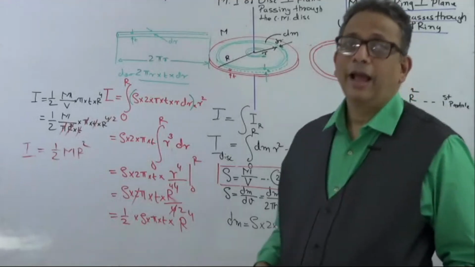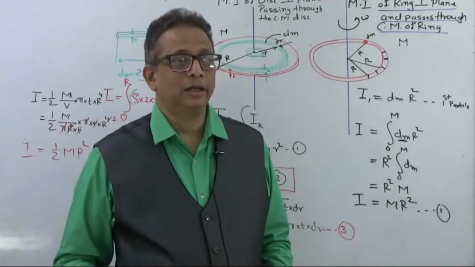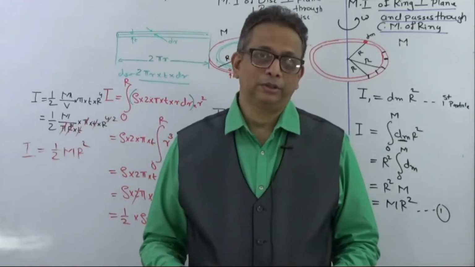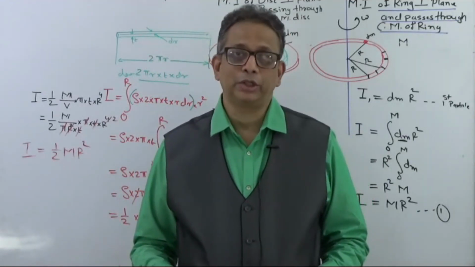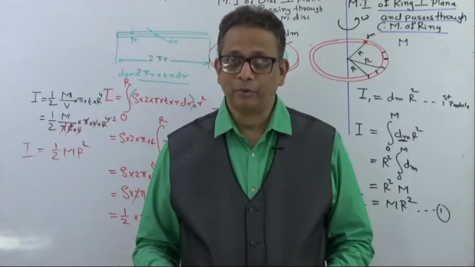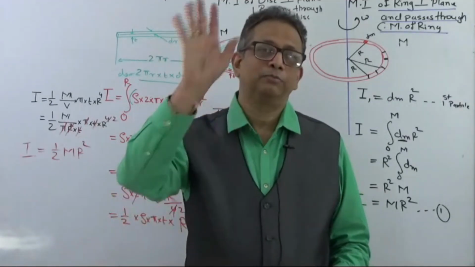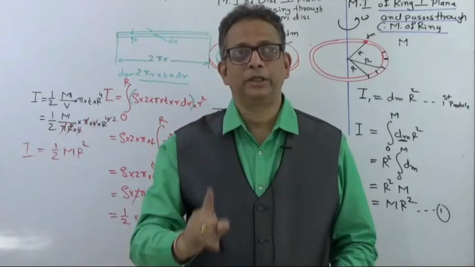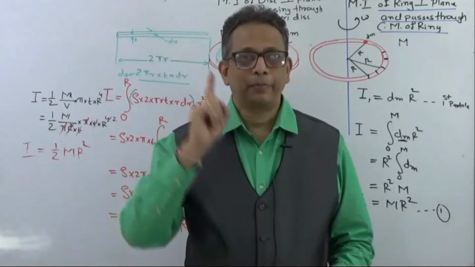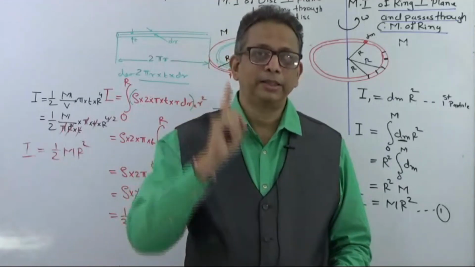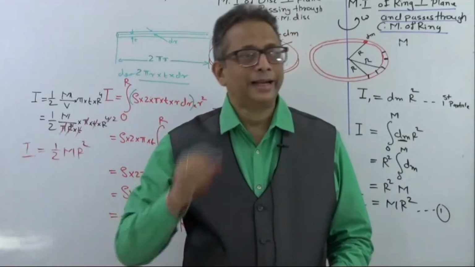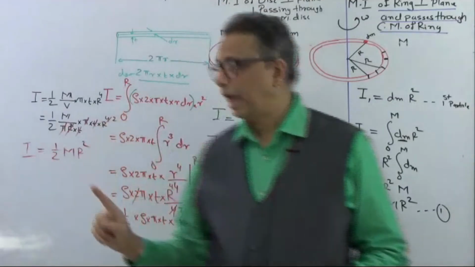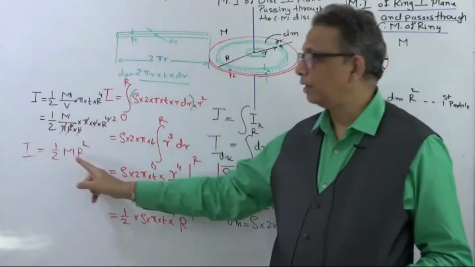As I have said, as we are going to define the moment of inertia of various different objects, the axis is very important, right? Where the axis is being positioned. The description of the axis is very important. You cannot say this is the generalized moment of inertia of a disc. No, this moment of inertia is only for a disc where the axis is perpendicular to the plane of the disc and passing through the center of mass of the disc. That is the definition or the position of the MI, and that has come to be equal to 1/2 MR square.